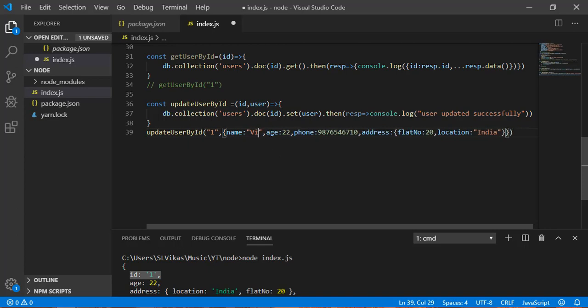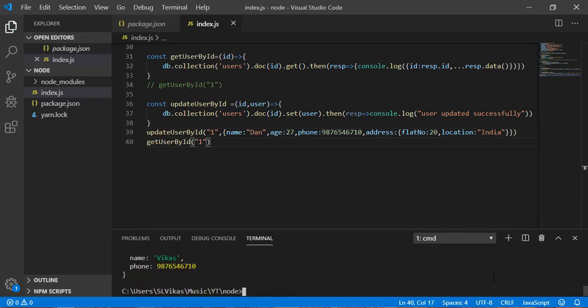So make it Dan. Okay, now let's give 27 as the age and save it. So this will update, and after that I can call this function to get the ID. So I can write this function after this. Okay, so let me execute this.